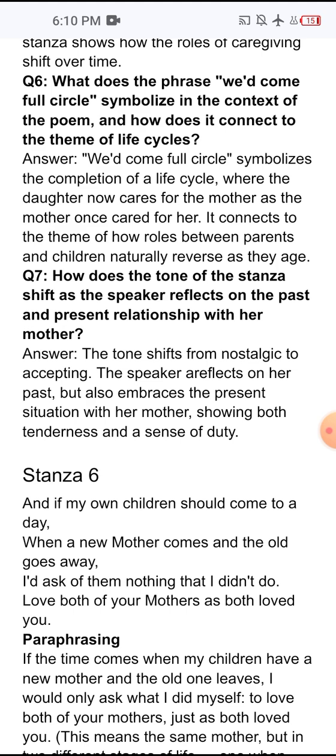How does the tone of the stanza shift as the speaker reflects on the past and present relationship with her mother? The tone shifts from nostalgic to accepting. The speaker reflects